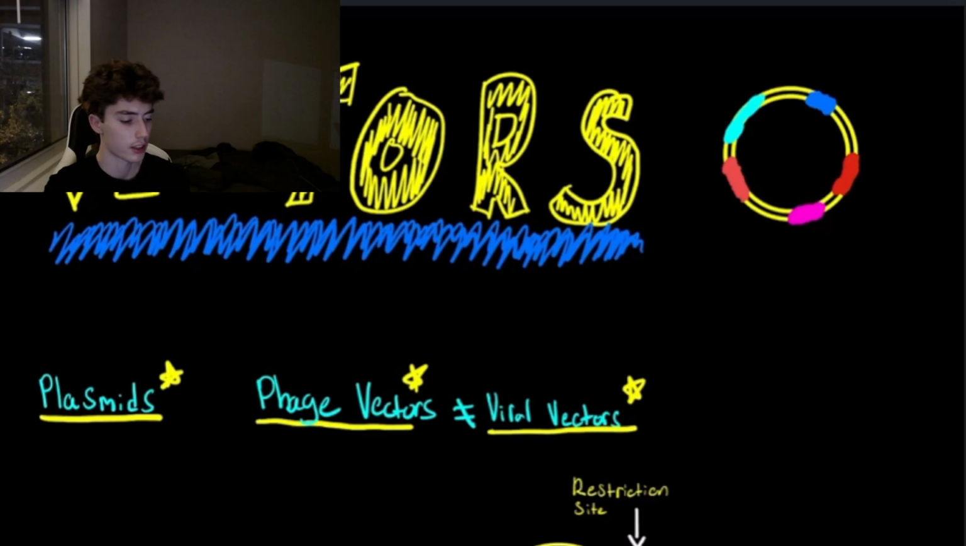Today I'm going to be talking about vectors. I'm going to be talking about the main four properties of vectors, the roles in making recombinant DNA, and the use of phage vectors, viral vectors, and kind of their relationship. And then I'm also going to be talking about plasmid vectors as well as the overall use of vectors